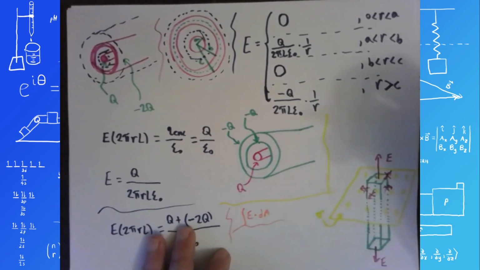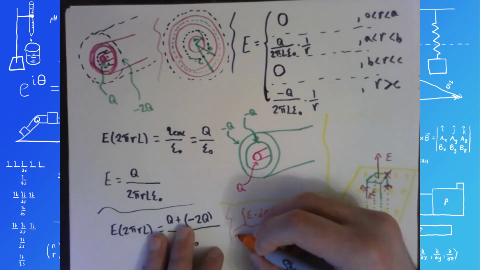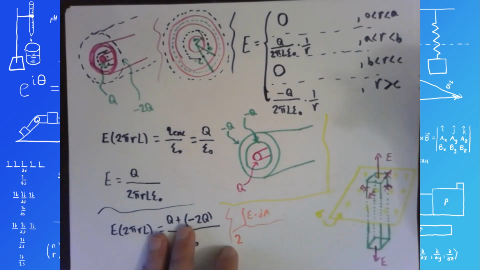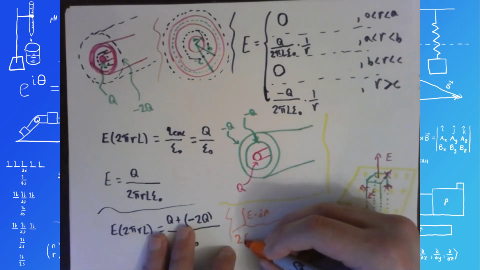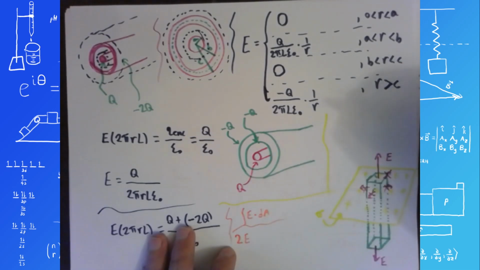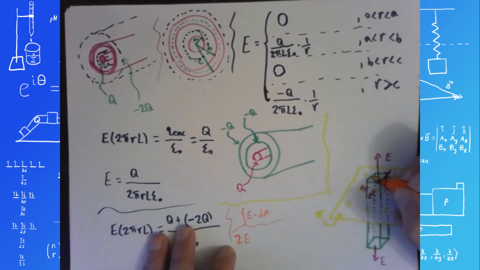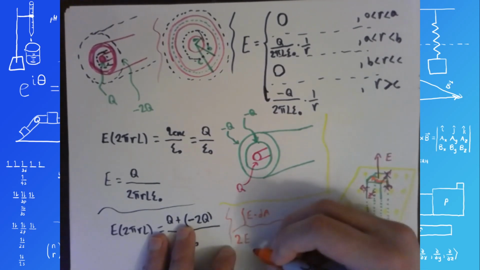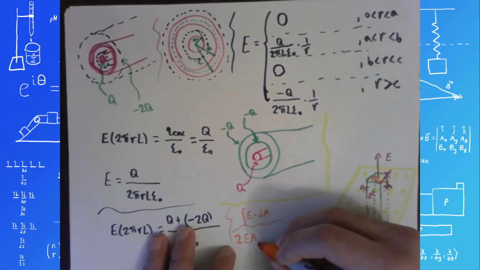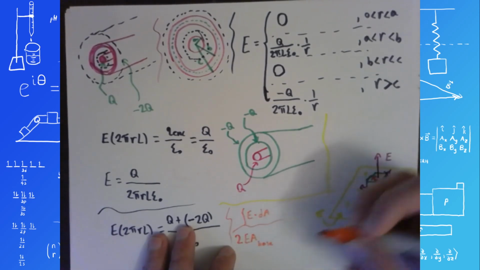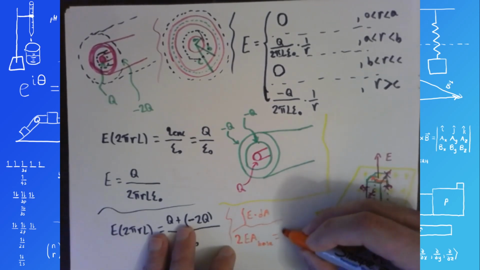So I'm going to have 2 times whatever that electric field is times the area. I'm just going to call it A of the base. I guess I'll call it A base. And you cannot read that, so I'll write it here a little bit more clearly. 2E times A base is the total flux, equals charge enclosed